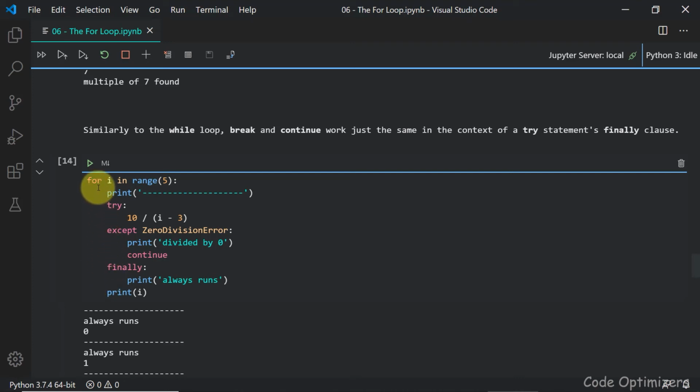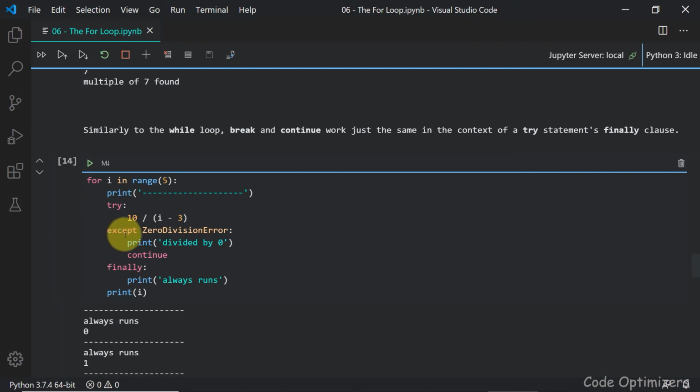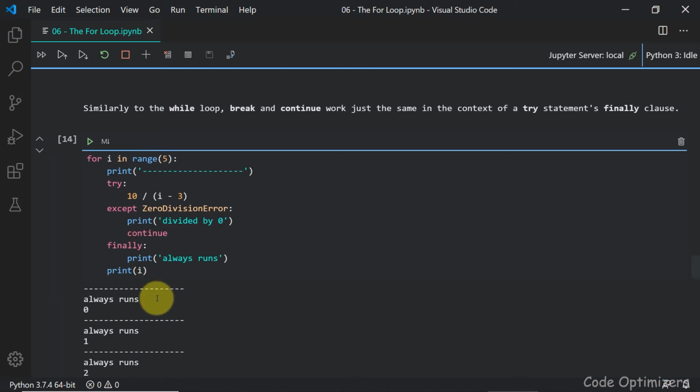So for i in range 5, when i is equal to 0, there is no error. 10 divided by -3, there is no error. It will print finally, always run, and print i. Then it will move to 2. Then when it comes to 3,